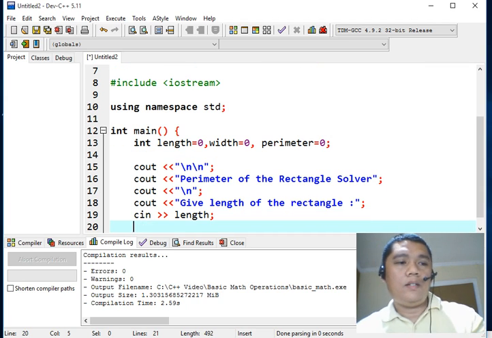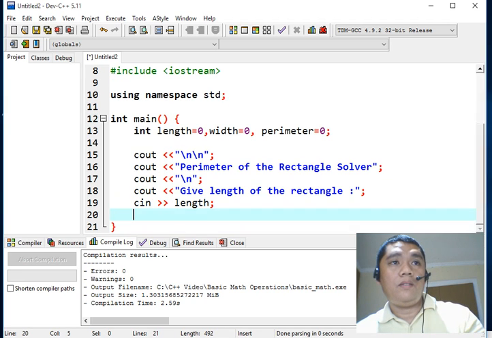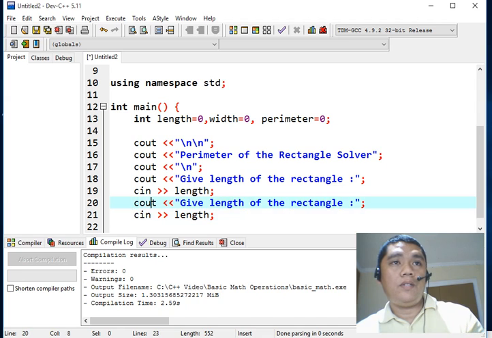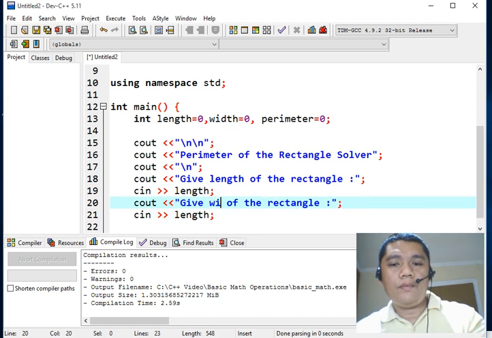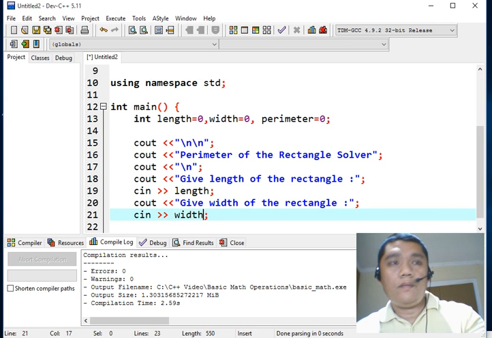And then next we will simply copy that line, and then we will change, instead of the word length, we will have width of the rectangle. So we have here width,